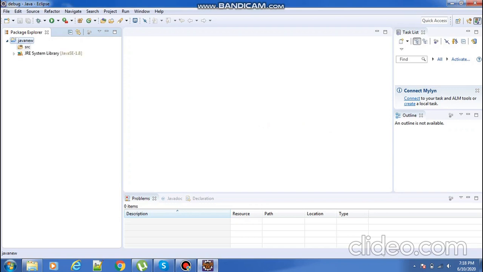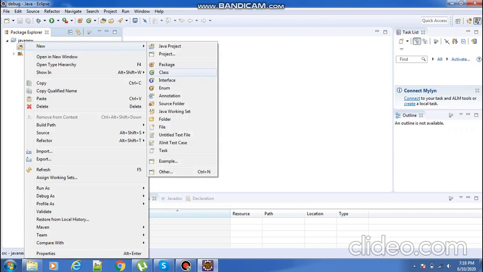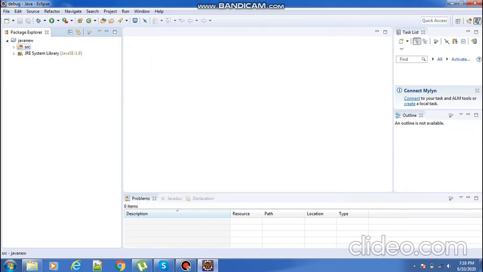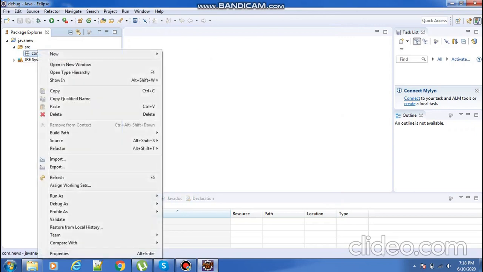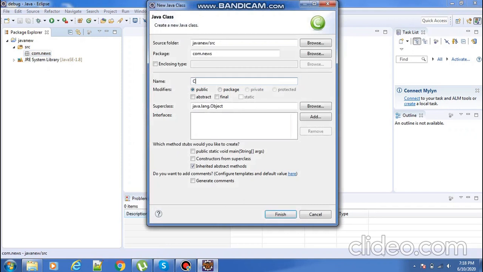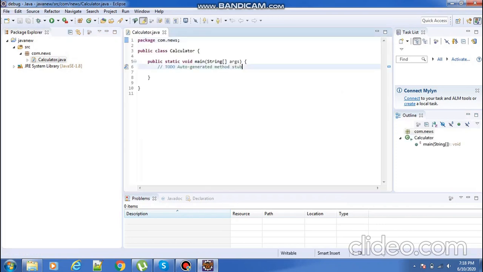Inside the project I'm creating one package, my package name is com.newnews. Here I'm creating one new class, and my class name is Calculator.